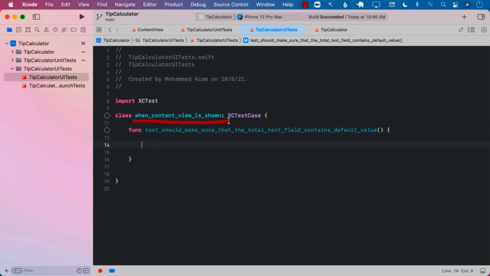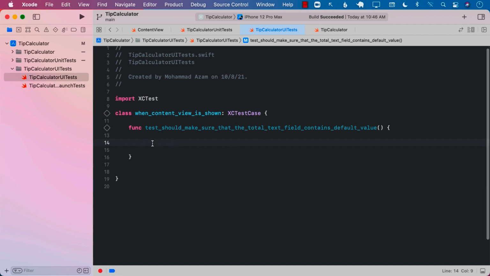When the content view is shown, when the content view is loaded, we have to make sure that the total text field contains a default value. So just by reading it, it reads like a sentence, right? Okay, so the first thing we need to do is make sure that we are launching our